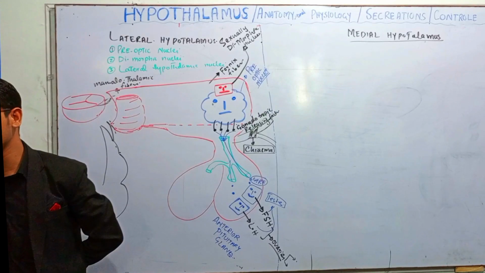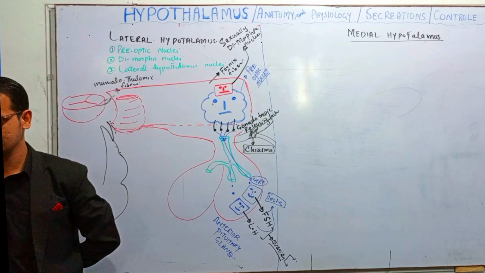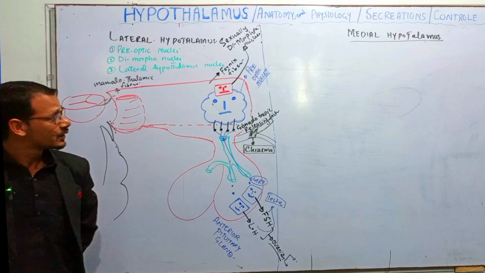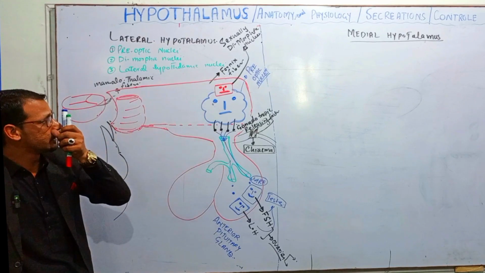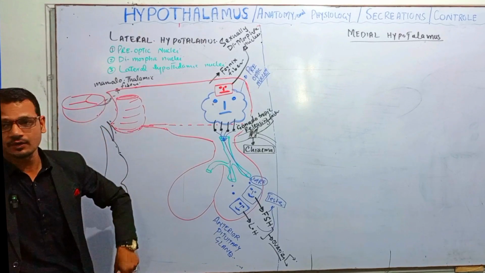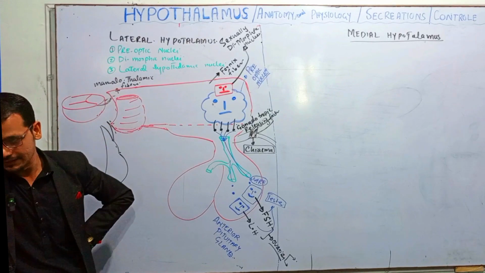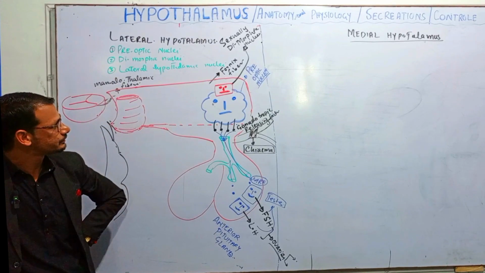The development of these nuclei is different in those persons. So the sexually dimorphic nuclei is responsible for homosexuality, right? The next thing,